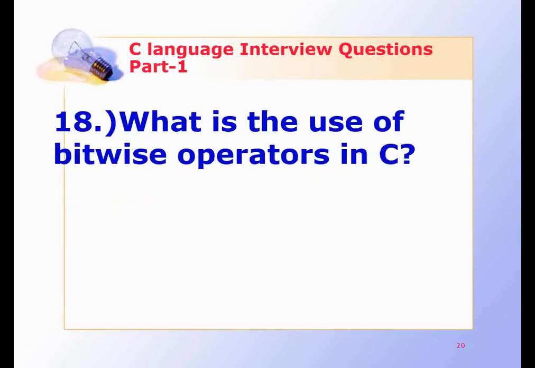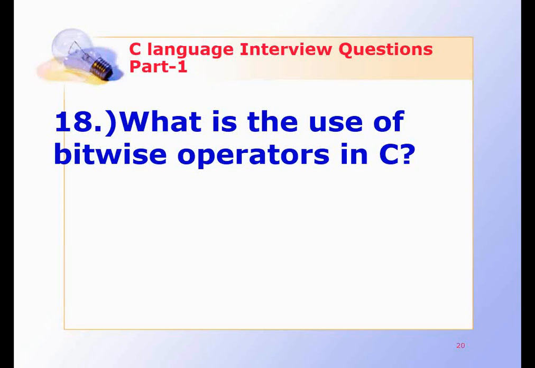What is the use of bitwise operators in C? The smallest element in memory that we are able to operate on is called a byte, and programming languages are byte oriented. One of C's powerful features is a set of bit manipulation operators. The bitwise operator performs the operation on bits, that is, bit by bit. Using the bitwise operators, we can set, reset, or check any bit in the value of a variable.